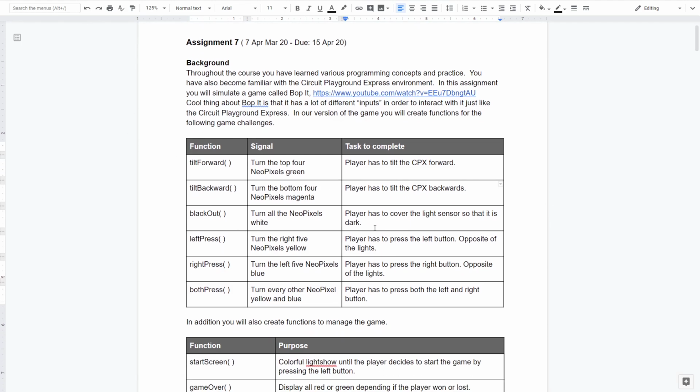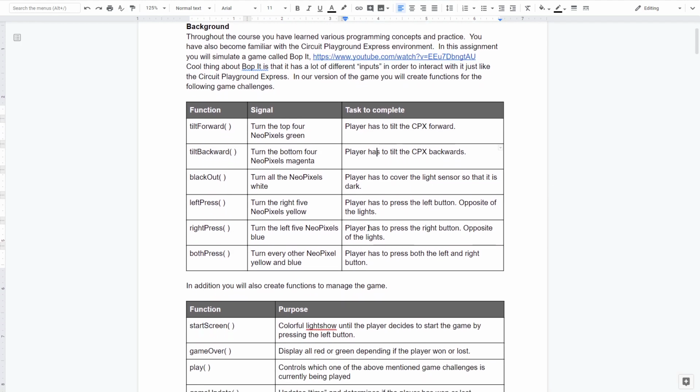So some of the things that we can do with the Circuit Playground to mimic this idea of different tasks, we could challenge the user to tilt the Circuit Playground forward, backwards, cover up the light sensor, press the left button, press the right button, press both buttons, and all with different cues. Again, they don't have an output in terms of like a screen. So we'll use the NeoPixels primarily to signal to the player what task we want them to complete